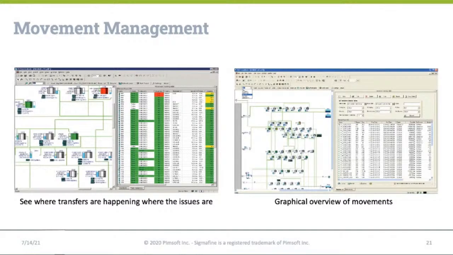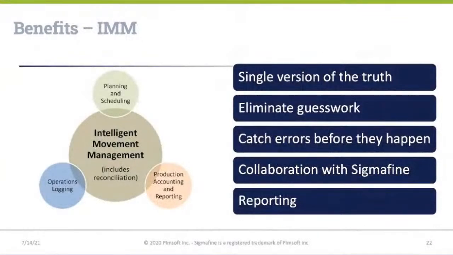Let us look at the benefits of the IMM. The IMM allows the connection of logistics, operations, and production reporting with one version of the truth. Everything happens in a single package. Also, you can eliminate guesswork, have accurate records of real transfer volumes in real time, catch errors before they happen, and decrease manual labor. Many balance gross errors are screened upfront, with alarms raised for inconsistencies between movements and related tank